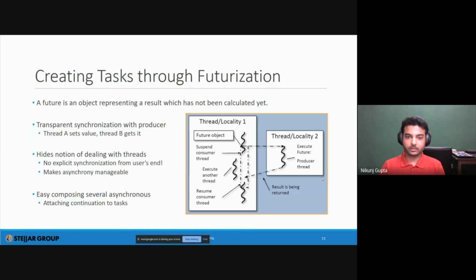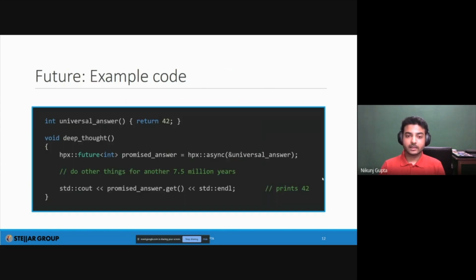As I just told you with respect to futures, you can create futures and you can have asynchrony involved because it will run on a different thread, and that's exactly what happens over here. You have a future, and we're saying that you will get the answer. You won't get it right now, but you will get it sometime 7.5 million years after. So you invoke a future.